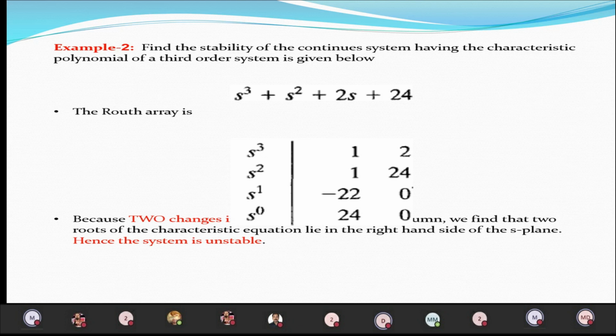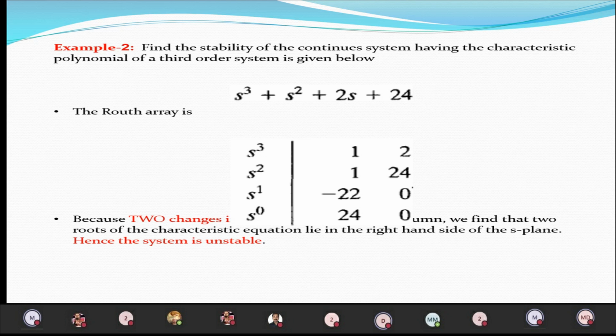As usual, we are going to construct the Routh array. For a stable system, what is the condition? The first column of the Routh array should consist of all positive elements. For that we take the first column elements. Here you can see (8 minus k) divided by 3 is equal to 0. So 8 minus k is equal to 0, therefore 8 is equal to k. So the k value can be taken as 8.